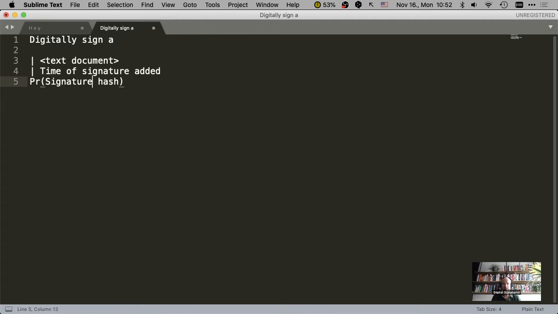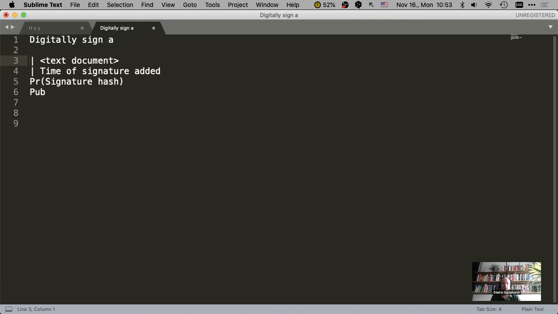Basically by having a signature hash which is signed by the private key. So if this is what I'm sending over to you, what you can see is that you have a private key signed signature hash. You also have my public key because it's public, right? So you can use my public key to decrypt this text, and then you are back to the signature hash,